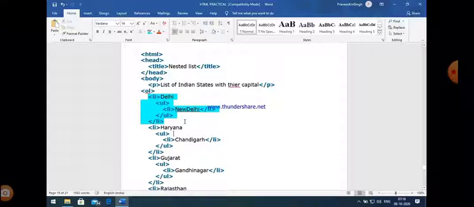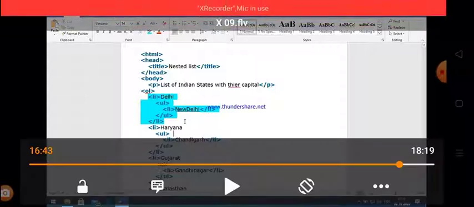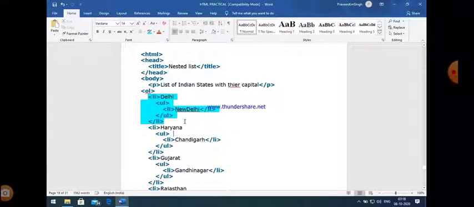So Delhi is an ordered list item, and New Delhi is the unordered list item, which is a part of Delhi.